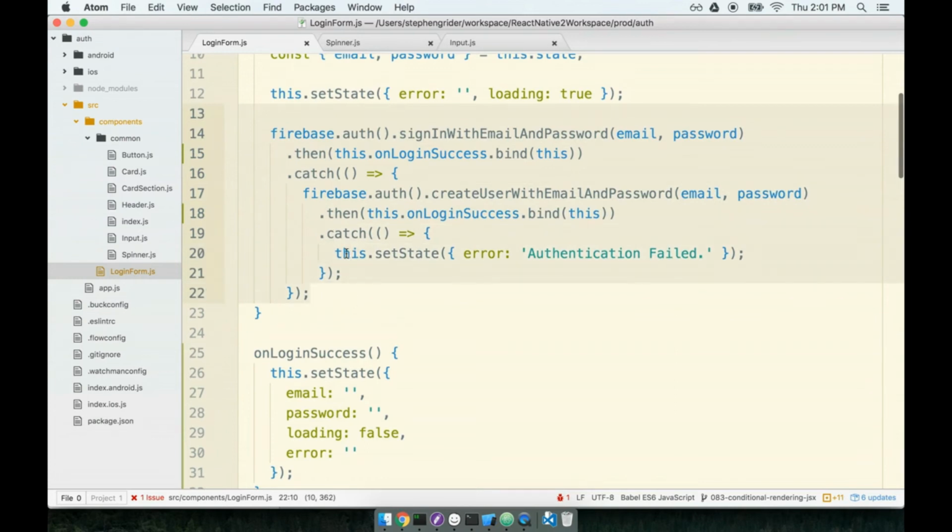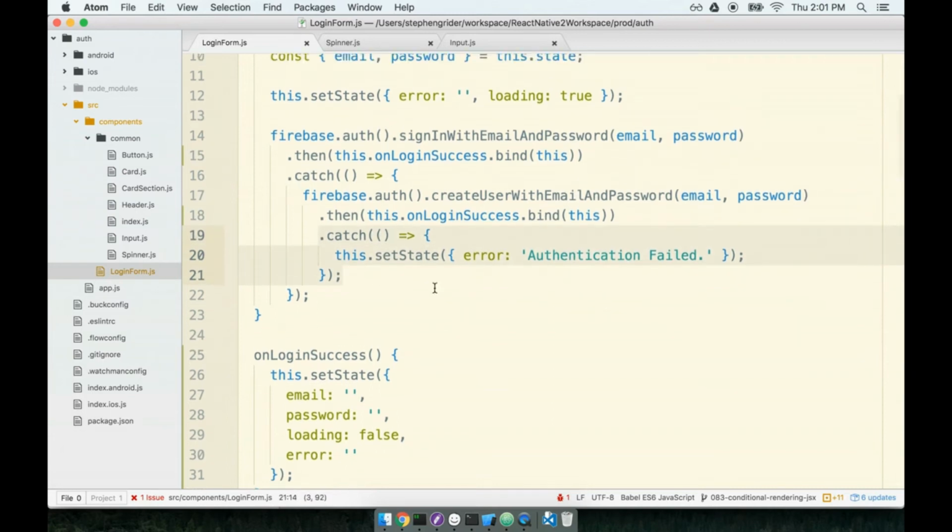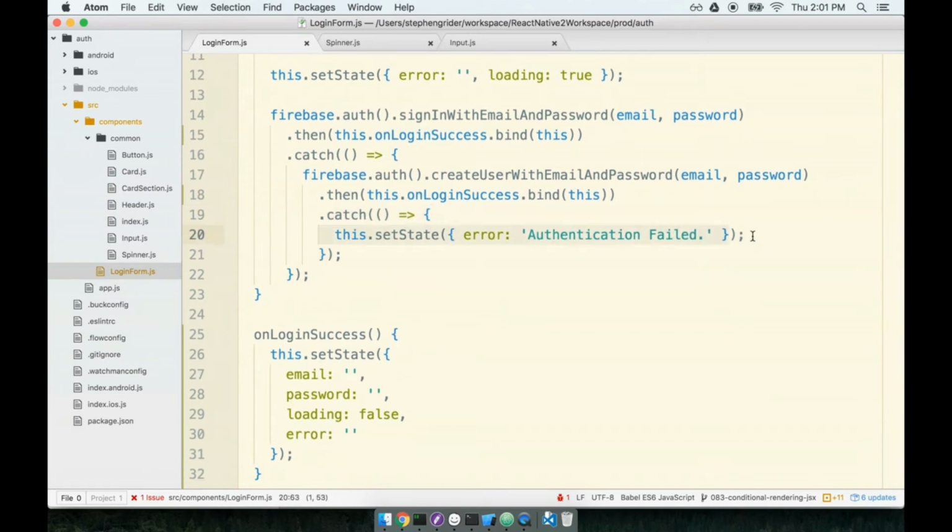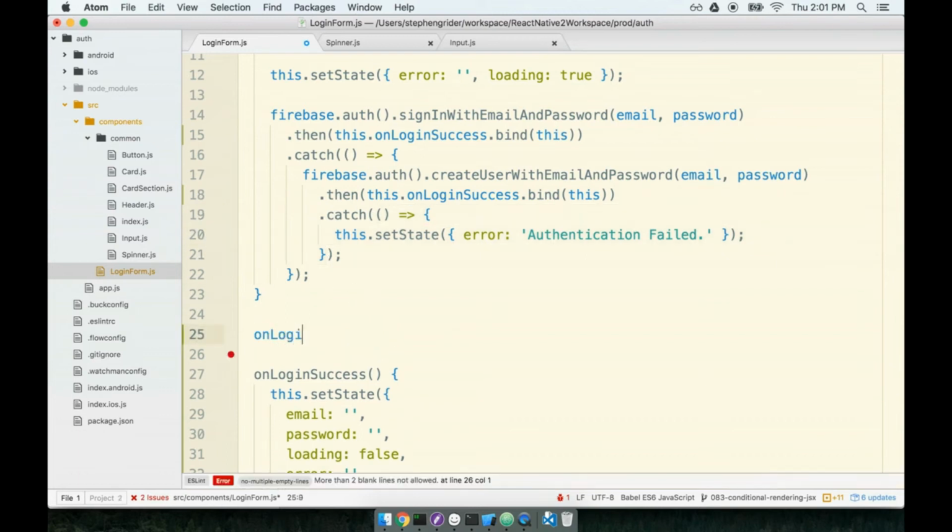We're going to do one last thing. We're going to refactor out this catch case to a separate helper function as well, which is just going to make this thing a little bit more legible. So I want to extract this fat arrow function right here to a helper method. So I'll add on another method, OnLoginFail,